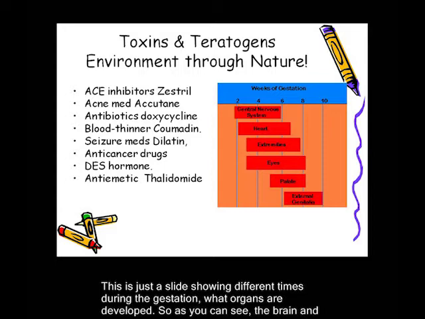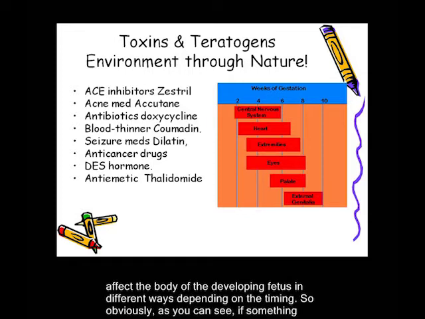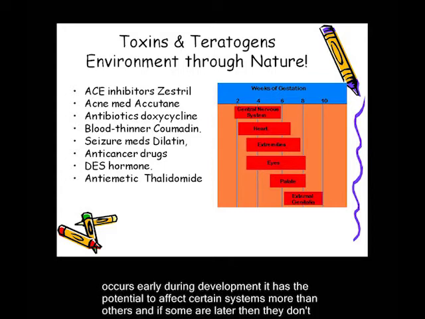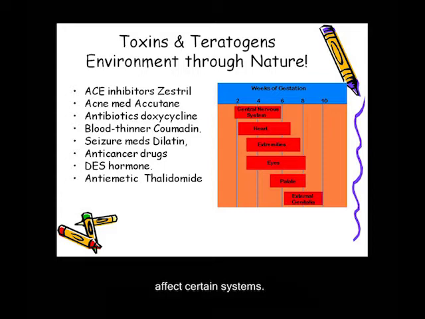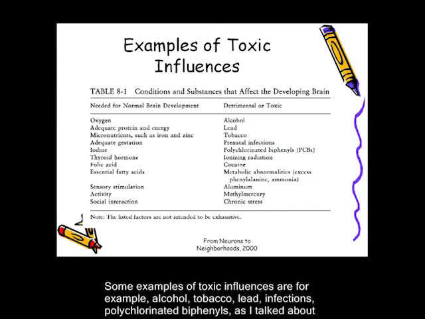So as you can see, the brain and the central nervous system develop first, and then we go through the heart and the extremities, etc. So different teratogens affect the body of the developing fetus in different ways depending on their timing. So obviously you can see that if something occurs early during development, it has the potential to affect certain systems more than others, and if some are later, then they don't affect certain systems. Some examples of toxic influences are, for example,